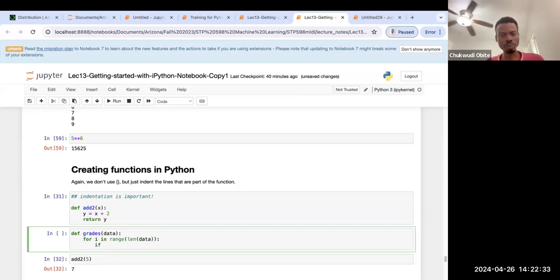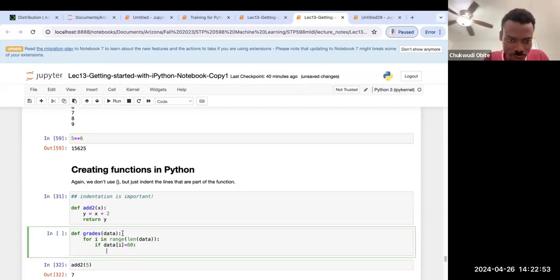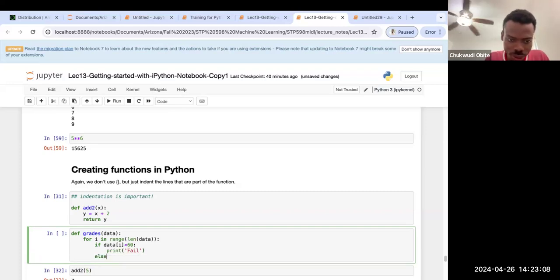So if, for i in data, if data i is less than 60, then print fail. Else,